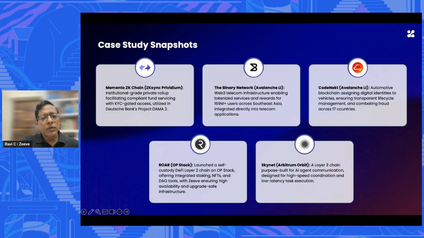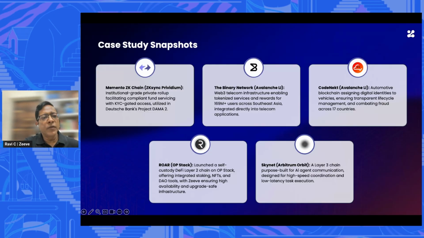I would like to share some case studies here. So Memento ZK chain is one of the latest chains that we launched about a few weeks back. It is one of its kind. It's an institutional grade consortium chain, or a permissioned chain, using ZK Sync Previdium.